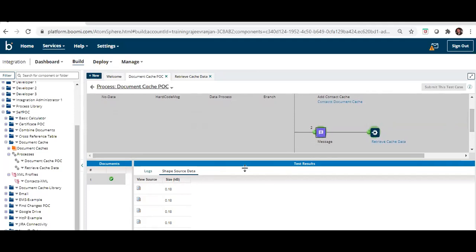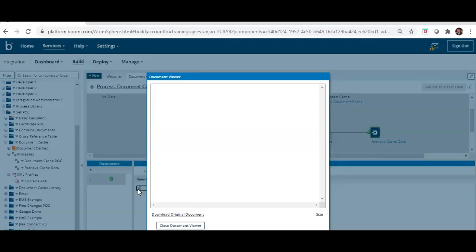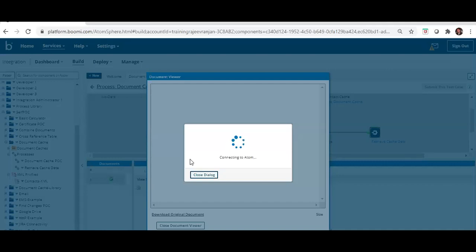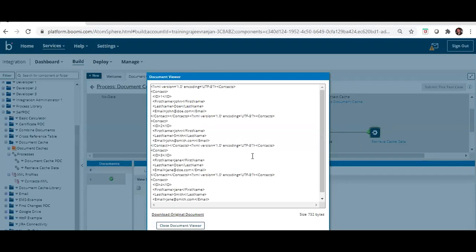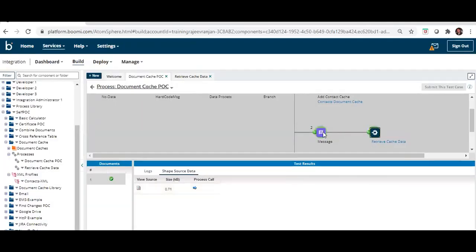So here in the second we have received, and you can see we have already combined. The input for this process is nothing. Although we are not passing it here, there is no use whether you are combining here or not.